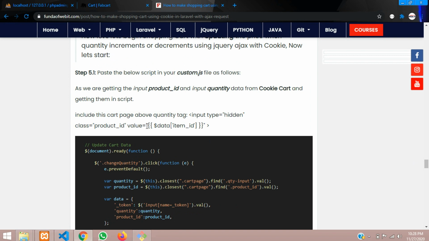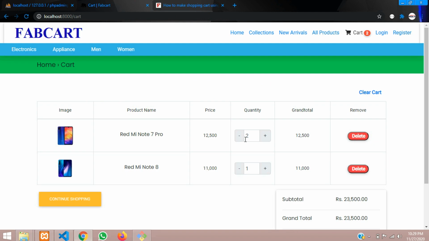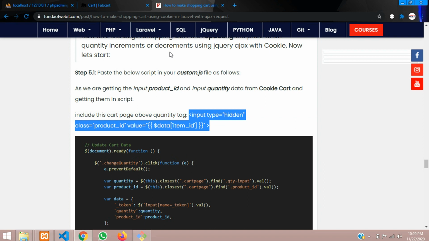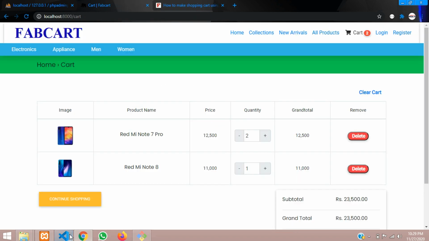As we are getting the product ID and quantity data from the cookie cart, the product ID has to be placed at the top of that quantity. I have given it over here. So let's move to VS Code.